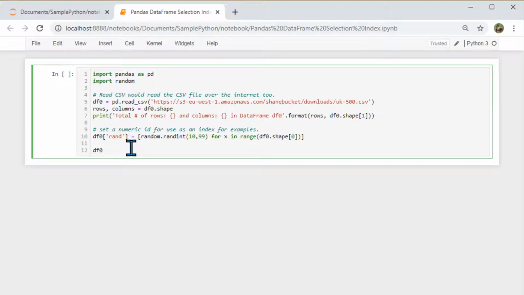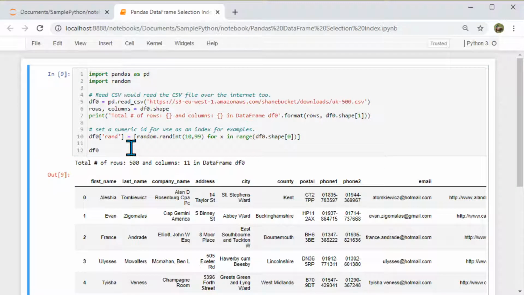To get started, let's look at this piece of code where I am importing the pandas module as pd. That means going forward, I would refer to pandas with the short name pd. And I'm importing one more module, random, and this random module will be used down the line as I'm going to create some random numbers as well.